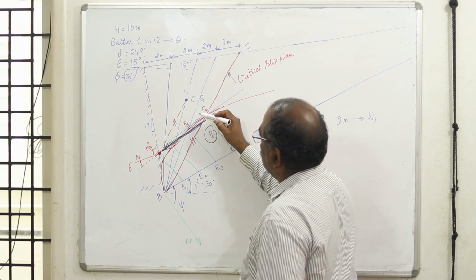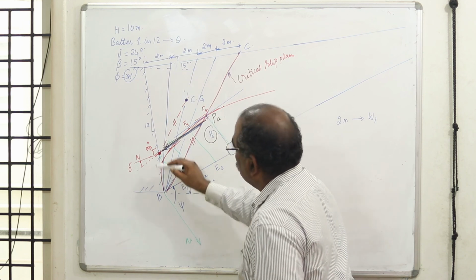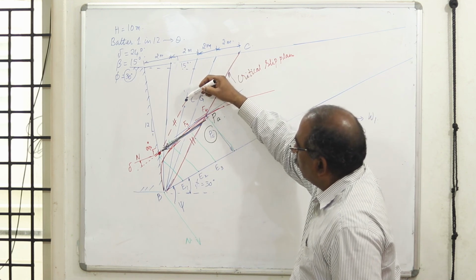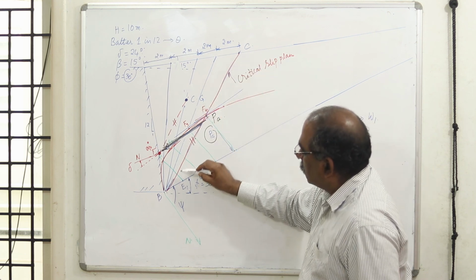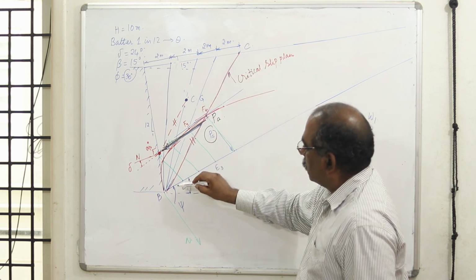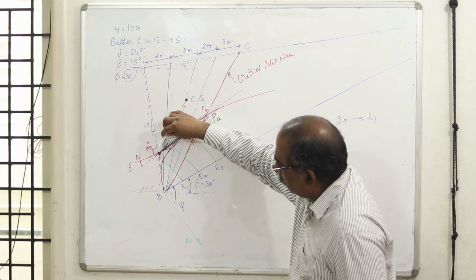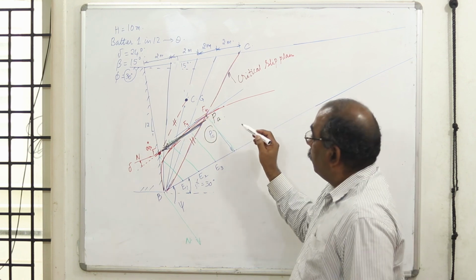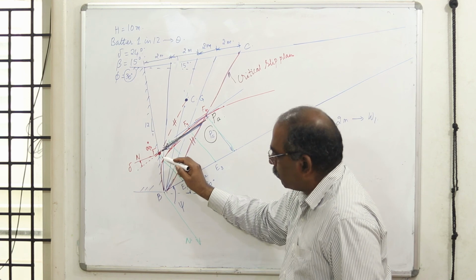The direction is obtained through the centroid of this failure wedge or the slip wedge. Find out the centroid. From there, you draw a line parallel to the critical slip plane or slip line. When you draw a parallel, you extend it, and wherever it touches the back, that is the point at which your PA is acting. Now you got your point of application of PA.